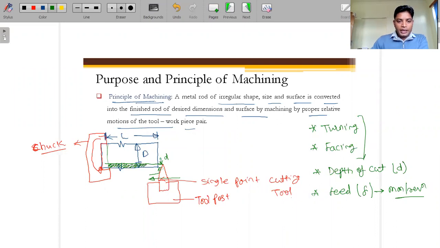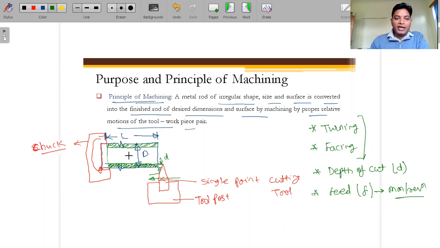If you see this view, this is the front view only. It's not that the material is removed from one side only. As it is rotating, the material is removed from both sides. In the front view you can see only two sides, otherwise the material is removed throughout the periphery, whatever depth of cut you have maintained.